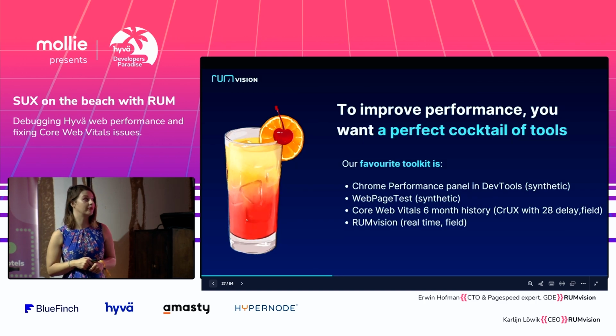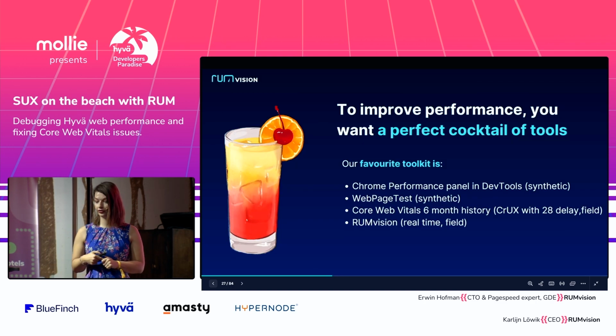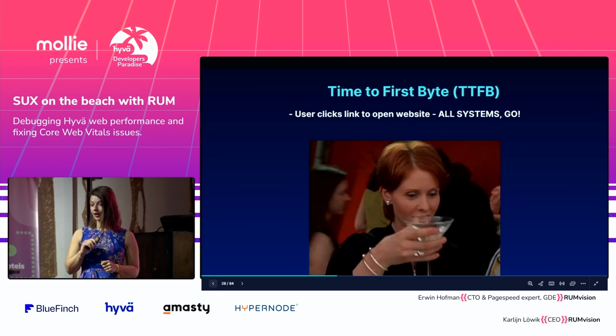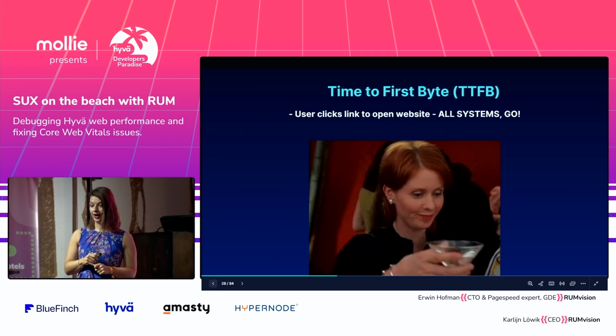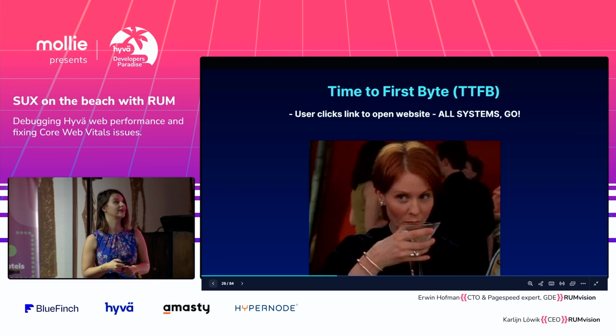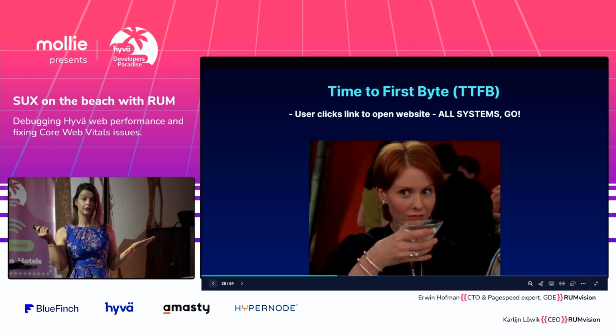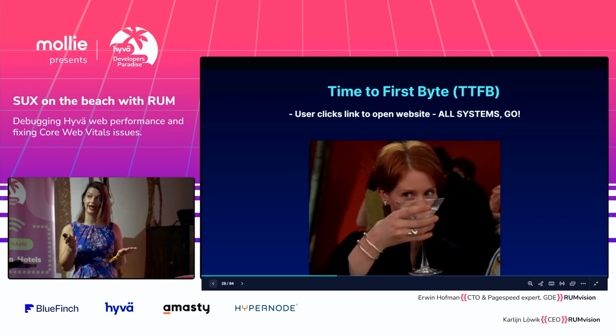To improve performance, you want the perfect cocktail of tools. And our favorite toolkit is the Chrome Performance panel in DevTools, WebPageTest, the Core Web Vitals 6-month history, which I'll show you later, and RUMvision. So let me show you how. Let's start with our first cocktail, time to first byte. User clicks the website and all systems go. This is actually the only backend related